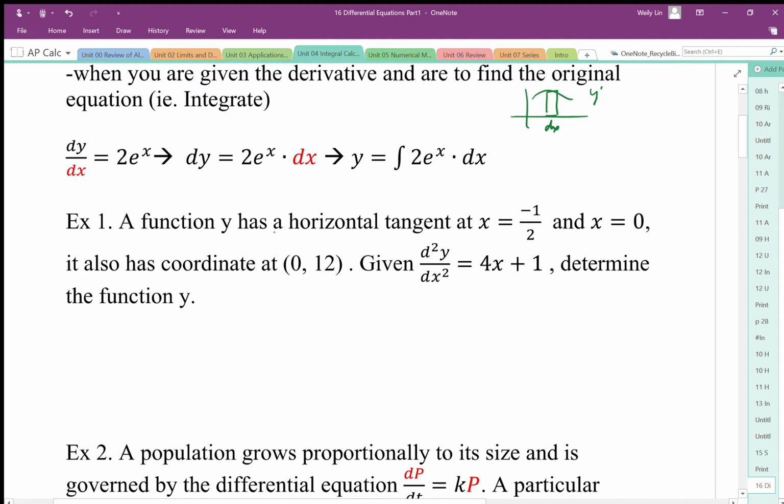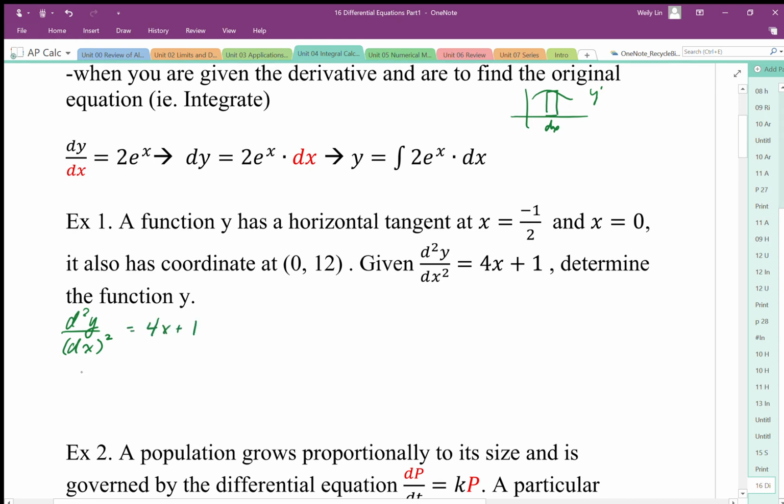So here we have a function y with a horizontal tangent at x equals 1/2 and x equals 0. So we have our derivative equal to 0 at those two points, and it has an x and y coordinate there. And we're given the second derivative. And so what's implied is we find the first derivative by anti-differentiating, and then go back to the original function. But we're going to do this a little bit more explicitly. So we have d squared y, the second change of y, is equal to dx times dx, or dx squared. And that's equal to